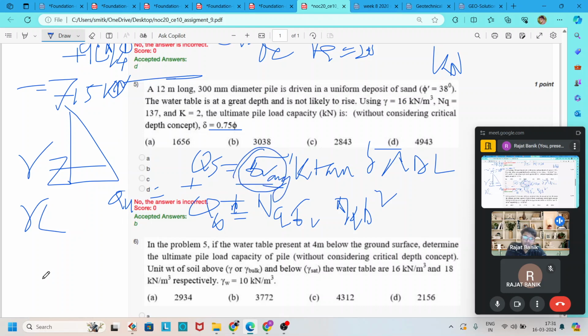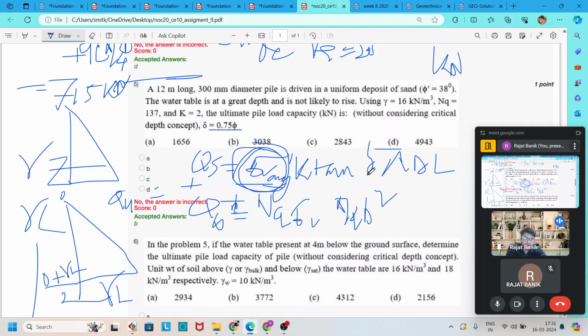So for finding the average, if we draw the effective stress diagram here, it is 0 here and gamma into L here. So the average is 0 plus gamma L by 2. So sigma average is equal to gamma L by 2, which is equal to 16 into 12 divided by 2, into 2 for K into tan delta, which is